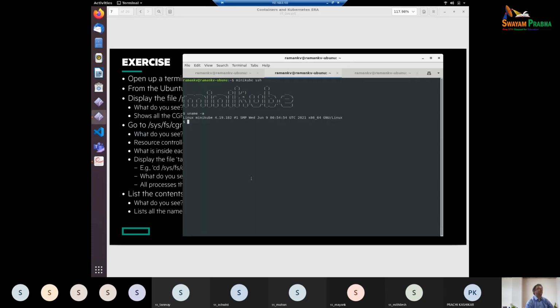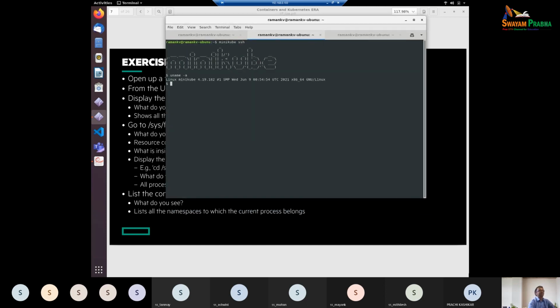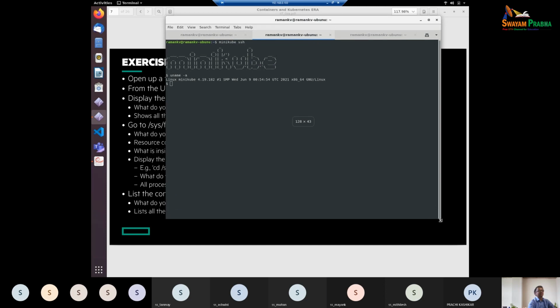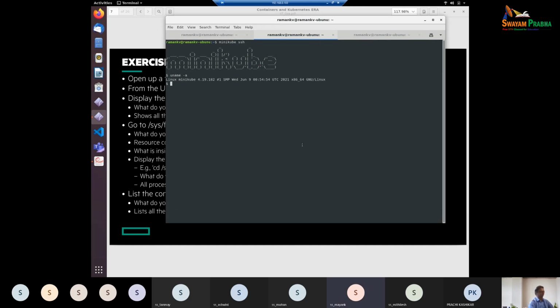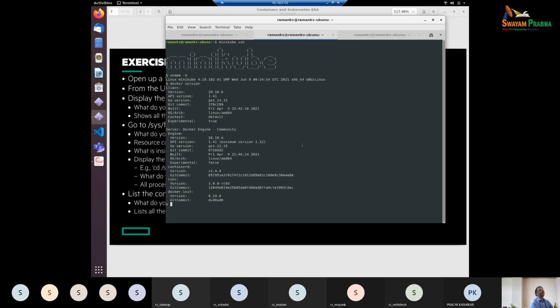In the meanwhile, probably you can just look at the screen that I am sharing and see if this is how it should look. Yes. So here you have the virtual machine that has been created, and as Mayank was just mentioning, this has Docker already installed on it, and Kubernetes also installed on it. So let's just go to